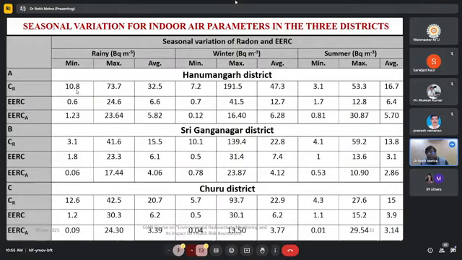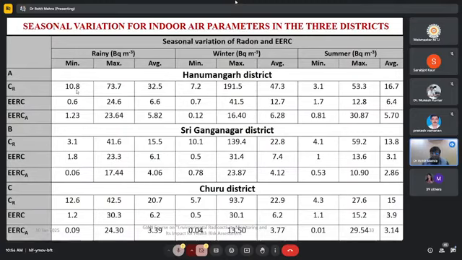One factor is that during the winter and rainy seasons we have closed environments, because our ventilation conditions are poor and moisture contamination is very high. Relative humidity is very high in some of the areas where the rains are there. Then the radon or the gases get trapped with that high level of relative humidity. Also during the winters, the doors and windows are closed. So the contamination is a little bit on a higher side as compared to the summers. This is a worldwide trend.